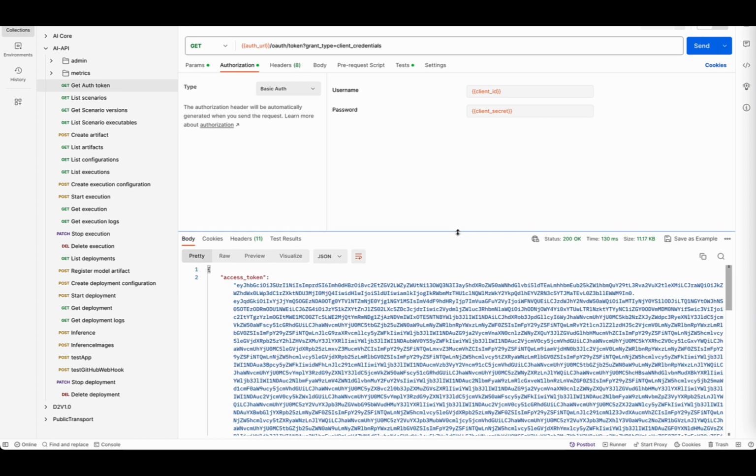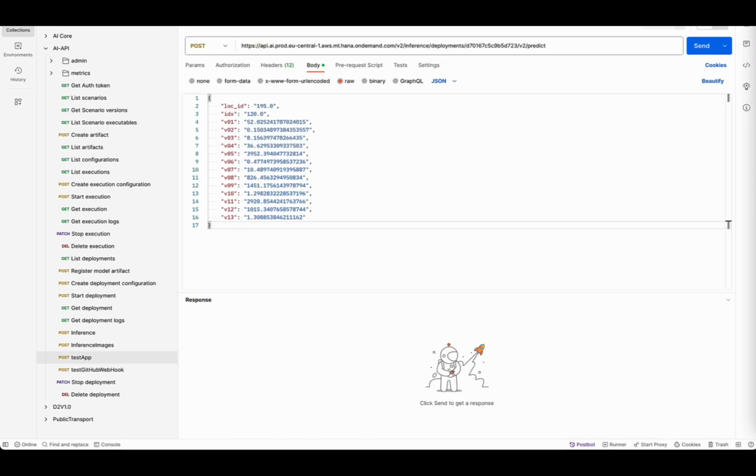What we will try to do is to perform a prediction, sending this data in the body of a request call to the exposed API. This is a measurement taken from the test dataset. So here you can see the location ID, but also the values of the different variables we are considering in our use case. For the sake of simplicity, we are not using the real name of the variables,